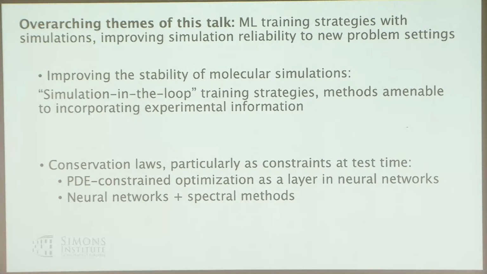And so the theme of this part, even though I will talk about conservation laws, is that one thing I'm emphasizing a little bit more is these constraints at test time. At training time, maybe that's the case, but at test time, there are certain physical guarantees that could be nice to have, to help us give reliable or meaningful answers. On that note, I'll talk about PDE constraint optimization, how it can be incorporated as a layer in neural networks, as well as the intersections between spectral methods used in scientific computing and applied mathematics. How does that intersect with neural networks?